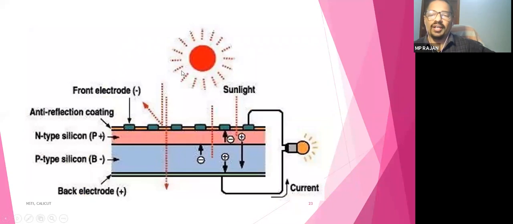Okay, so once again you can see when you connect through a load, bulb or resistance, current flow will be there from positive to negative. This is N-type, this is p-type, this is the metallic conductor. The electrons emitted due to the attack of the photons of light will flow through the conductor, through the bulb. It is reaching back to p-type, rejoining, again breaking, electron flow, again rejoining. This will be happening continuously.